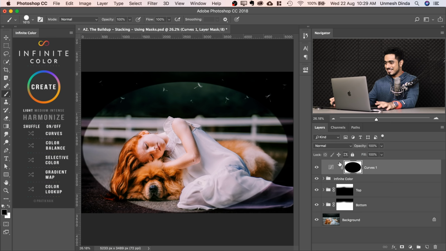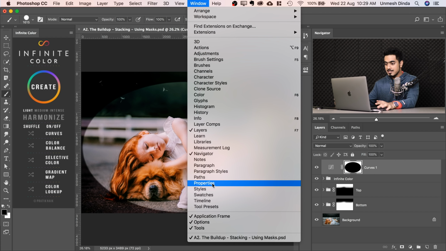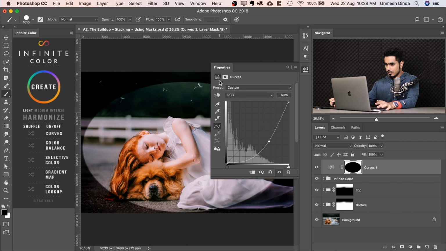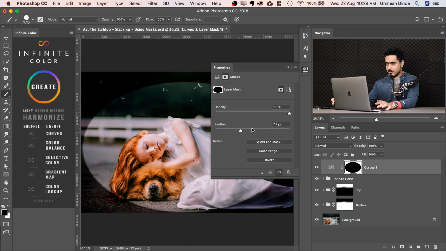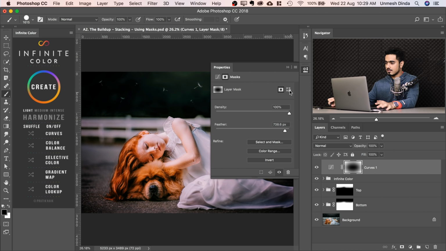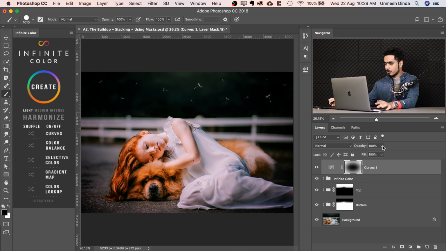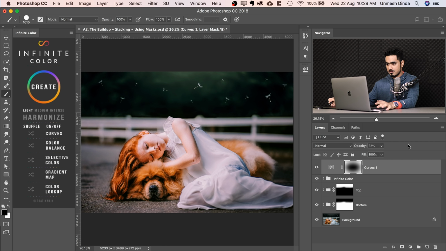Now, open up the properties of the mask by going to Window and then Properties, and here's the mask properties, just simply increase the feather. Just like this. And it's too much. Let's decrease the opacity. Do this. Have a look. Here's the before. Here's the after. You might like it, you might not like it, but you can really build up on it